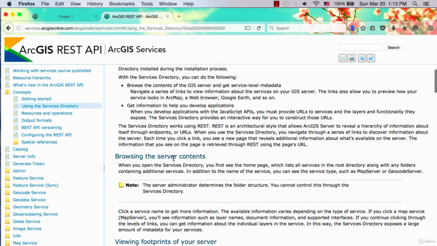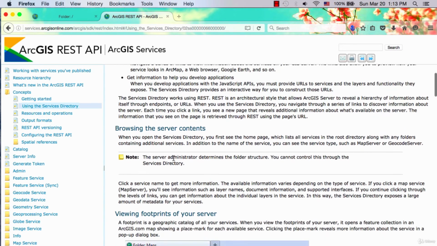REST is representational state transfer. It's a web service. Simply speaking, we can use the service provided by ArcGIS server. When we use ArcGIS SDK, you have the advantage of using the data from ArcGIS server. You can explore the folder